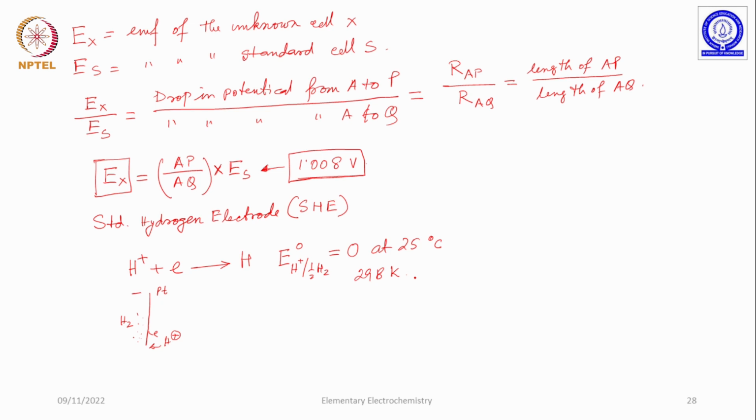So, what we need to do is we need to have some other cells where the chemical reactions are highly specific and quantitative. So, use those chemical reactions to form a new cell, and that new cell can then be first coupled with a standard hydrogen electrode, and the corresponding EMF is determined, and then based on the EMF of that cell, the EMF of other cells can be determined. So, one such cell is the Weston cell,